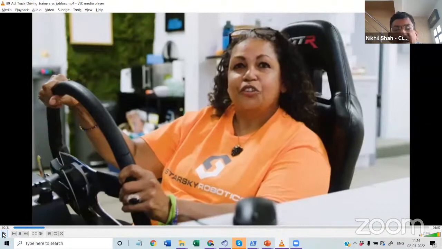So you got the point, right? That she is sitting in San Francisco in one of the startup companies, and she's actually driving the truck. How? She just has a real-looking steering wheel, but whenever she turns the steering, it actually communicates back to the truck using 4G, 5G technology, and she is seeing on her computer screen what the truck is seeing. Basically, the truck is loaded with a lot of cameras in all directions. So Mary has a complete view as if she would be sitting in the truck, right?